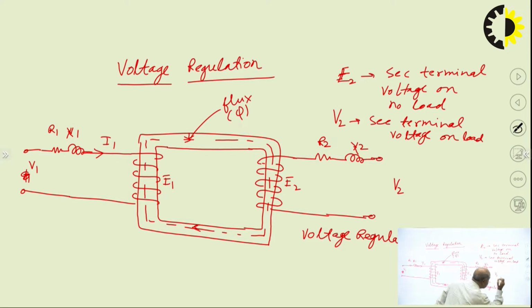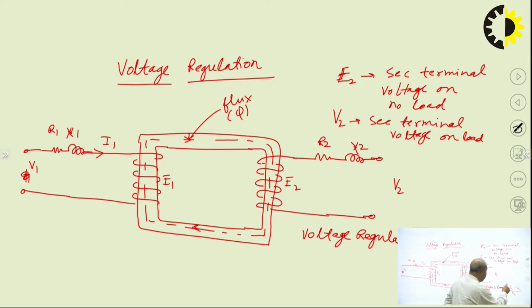What is voltage regulation? Voltage regulation is defined as the drop in voltage across the secondary terminals when a load is connected, from no load voltage to full load voltage, with respect to the full load voltage. That means voltage regulation is defined as the drop in voltage, so it is (E2 minus V2) upon V2, with respect to the